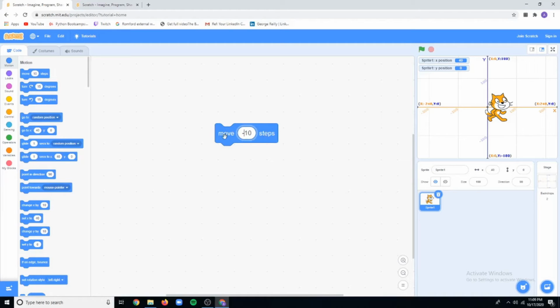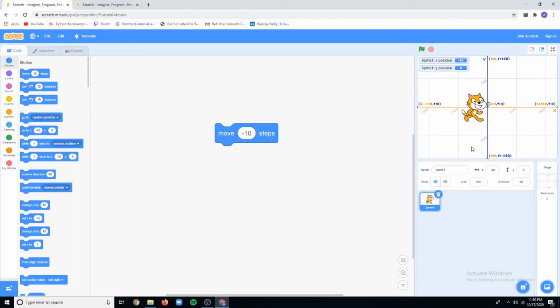Now let us see how my sprite is moving. Yes, my sprite is moving in backward direction. So by this you can conclude that when you are moving towards the right hand side on the x coordinate, that is the positive value, whereas when you move behind, yes, from the origin, that becomes your negative value of your x coordinate. Same way, if I move up, okay, it is on the y coordinates, that becomes my positive value, whereas when I move downwards it becomes my negative value.